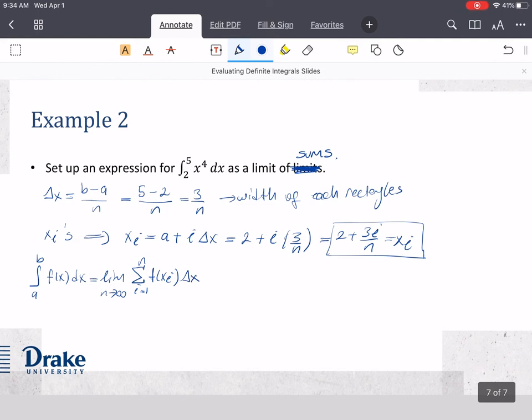So using this, in this particular example, the integral from 2 to 5 of x to the 4th dx could be written as the limit as n goes to infinity of the sum i from 2 to 5